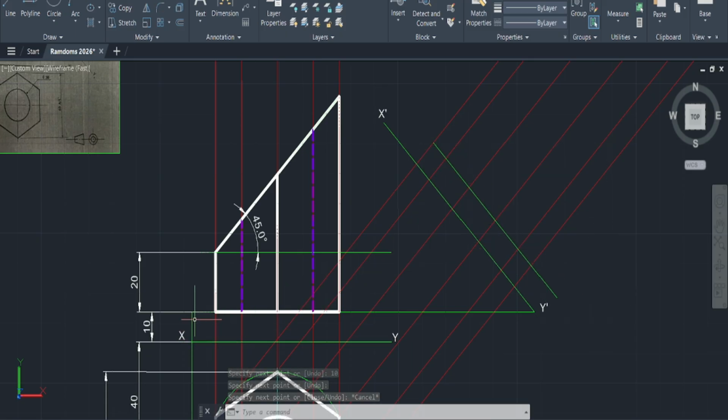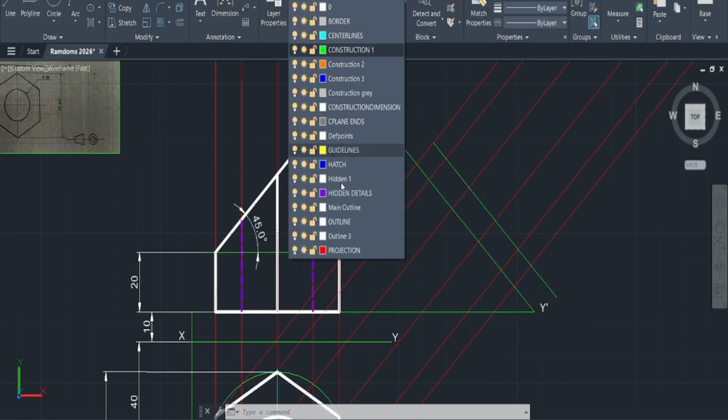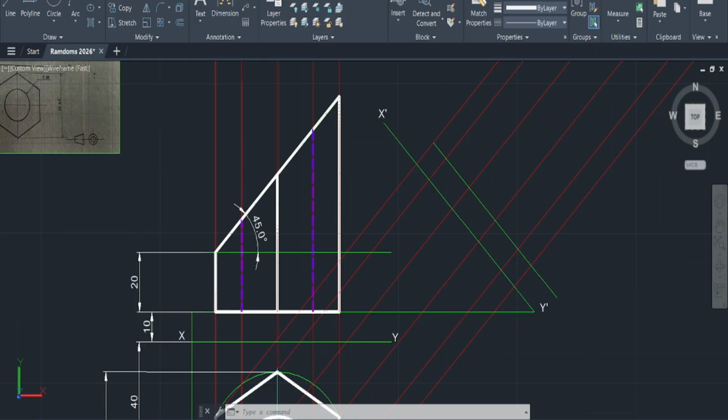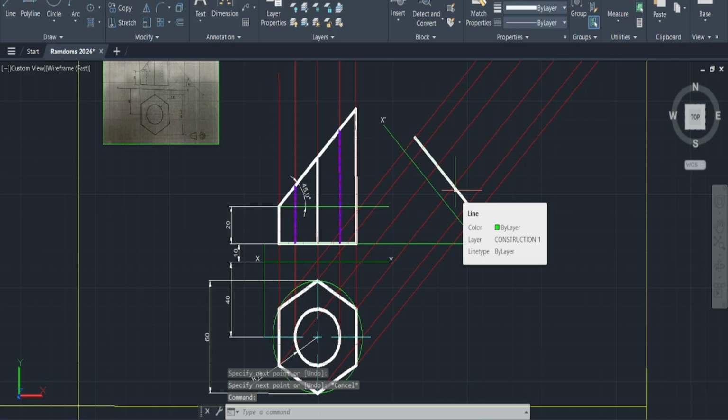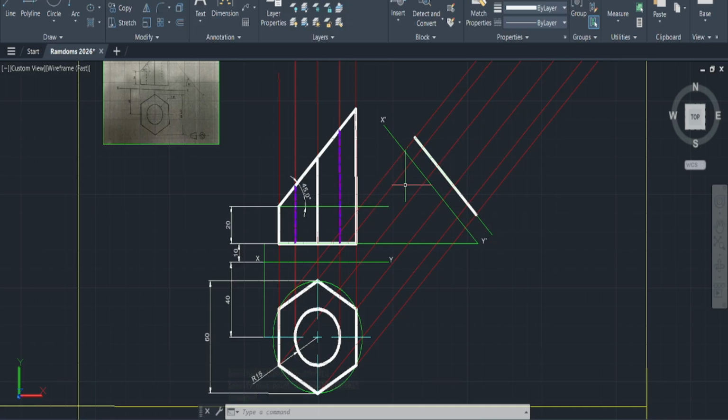So now this base here, this horizontal line here, is now represented by this 10mm line. And since we already have our projection lines, we could go ahead and just draw a nice line from one end to the other end, and this will now symbolize the base of our auxiliary view of the object. So once we get to this point here, it's